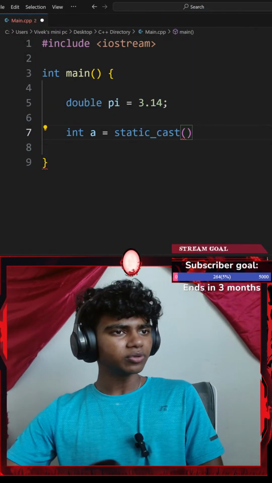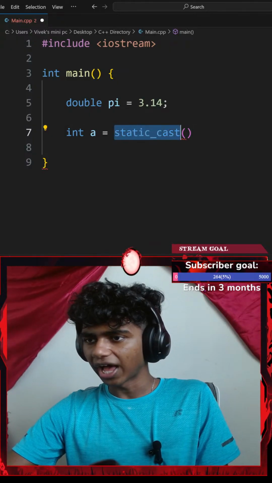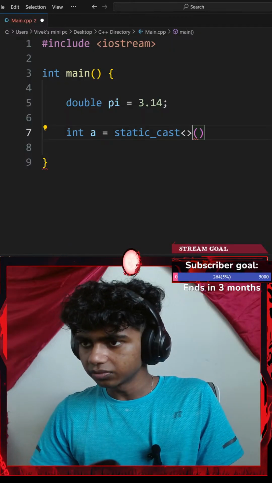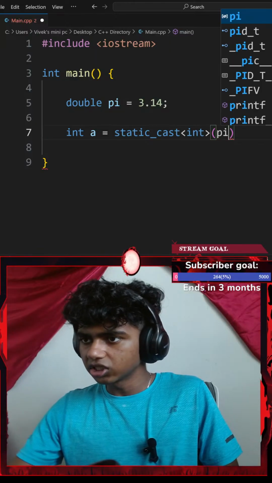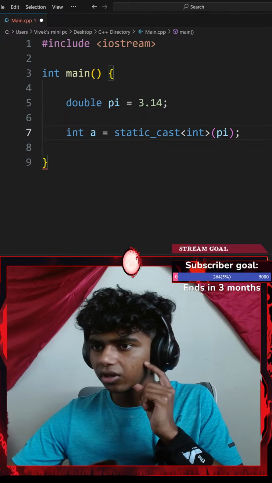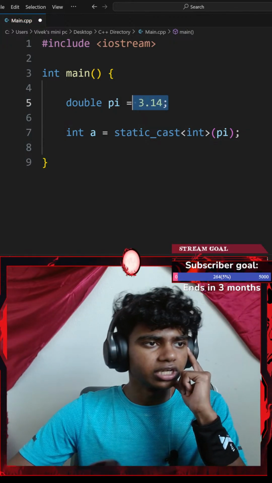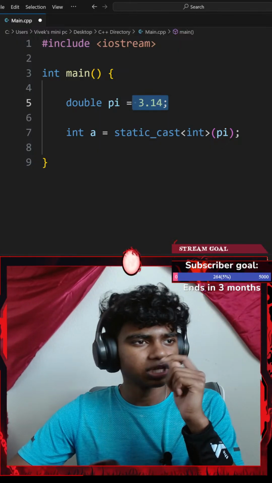Wait, do we do it like that? Okay, so it's static_cast with a pair of angle brackets. This is going to be int. I want to integerize my pi, if that's how you say it. Okay, ending with a semicolon. So now that should just give me 3. And guys, I did see the reference code for this. That said, the concept is the same for enums.